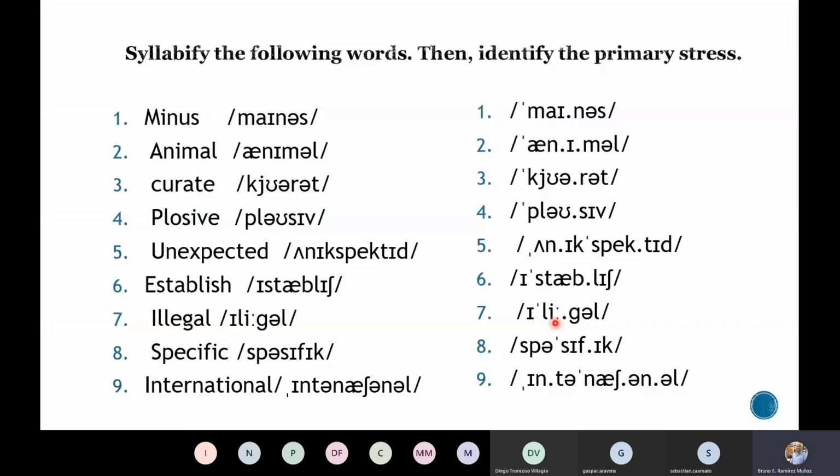Okay, this is a revision of your task. Hopefully, there are many good and correct answers. Okay, and I would like to move on to the focus of today's lesson, which is strong and weak forms. But before,